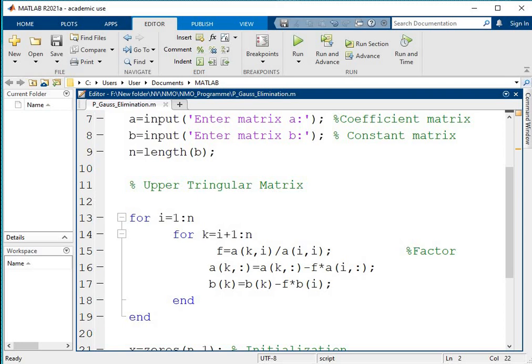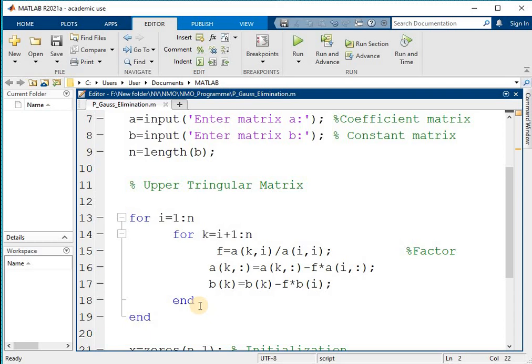If we have 3 elements, that means 3 rows, then first i is 1, then k becomes 2, and these changes will occur in the second row. Then k is incremented, so k becomes 3, and since the n value is 3, this is the last pass of the k loop. The factor is assigned, and these changes will occur in the third row, and similarly for the third element of the B matrix.